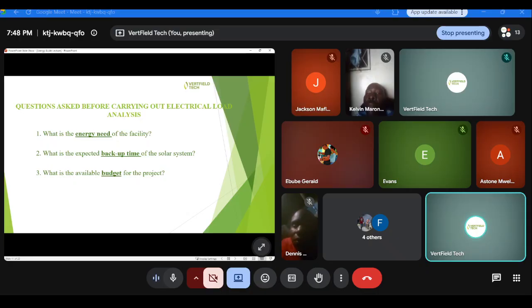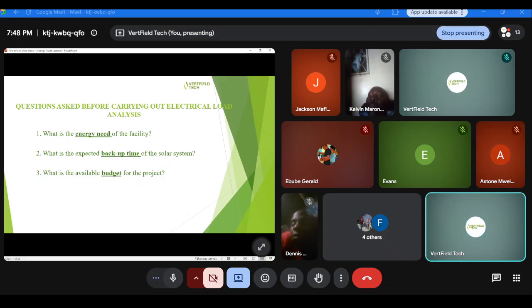So Mr. Dennis, like we are seeing him now, doesn't know what we're talking about. He's a novice, but he just wants to have renewable energy. He wants to have an energy he can be in control of. He wants to enjoy his life. Okay, so here we tell Mr. Jackson he doesn't know what energy need is. So Mr. Jackson can now say, okay, sir, please provide us with the various appliances you intend to power using the solar system. At that point in time, Mr. Dennis will be very happy to say he wants to power up his laptop, his freezer, his microwave,